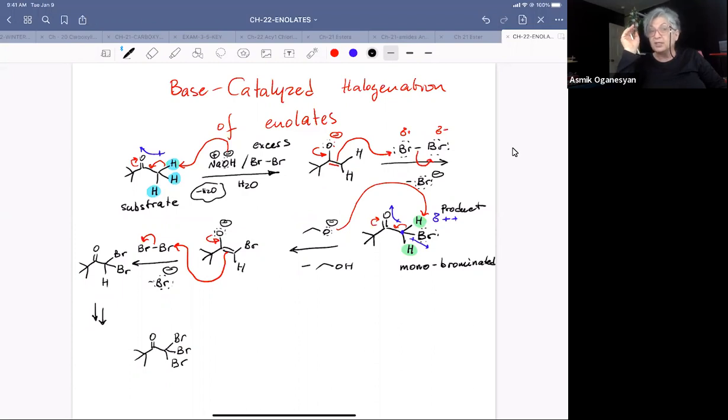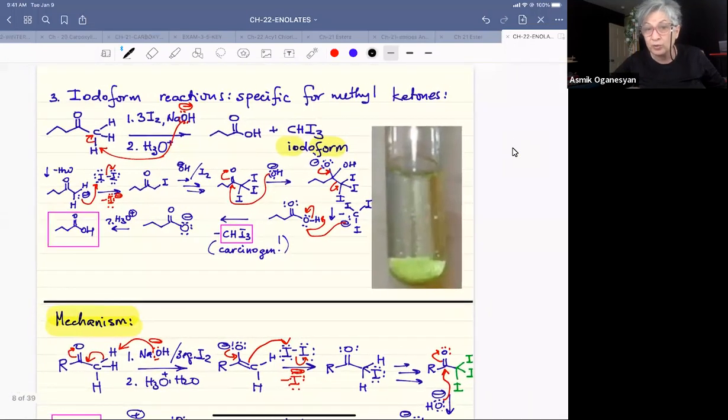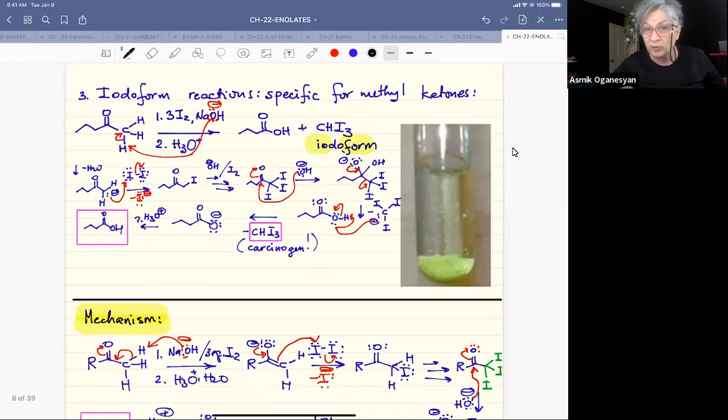We actually take advantage of this reaction and qualitatively identify methyl ketones by running it. We call it the iodoform reaction. So I believe I have the picture of it on the next slide. Oh, here it is. So I just want to show you the product and then we will go over the